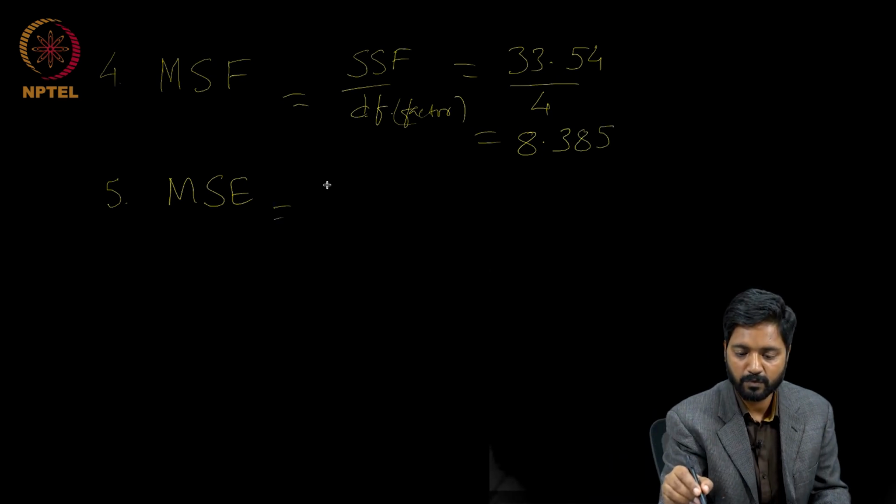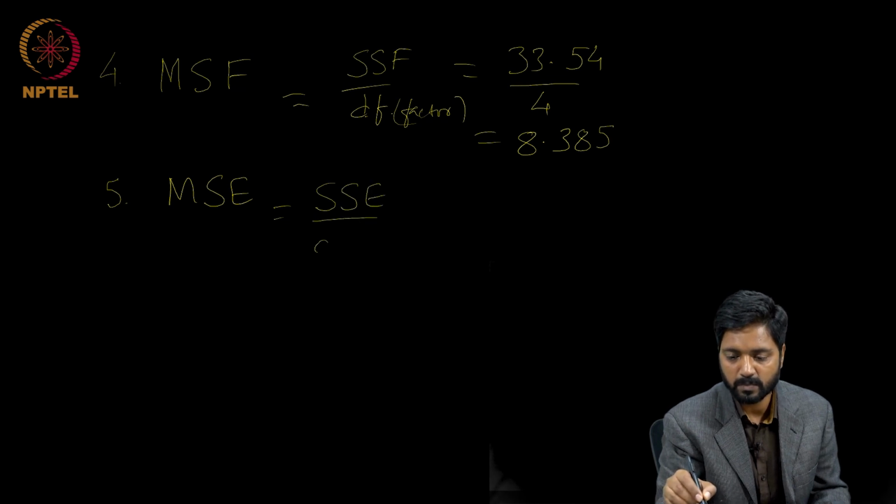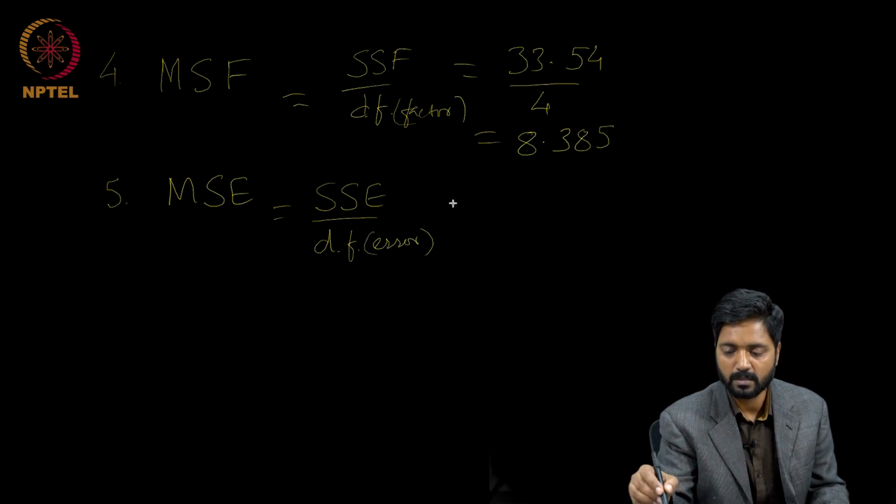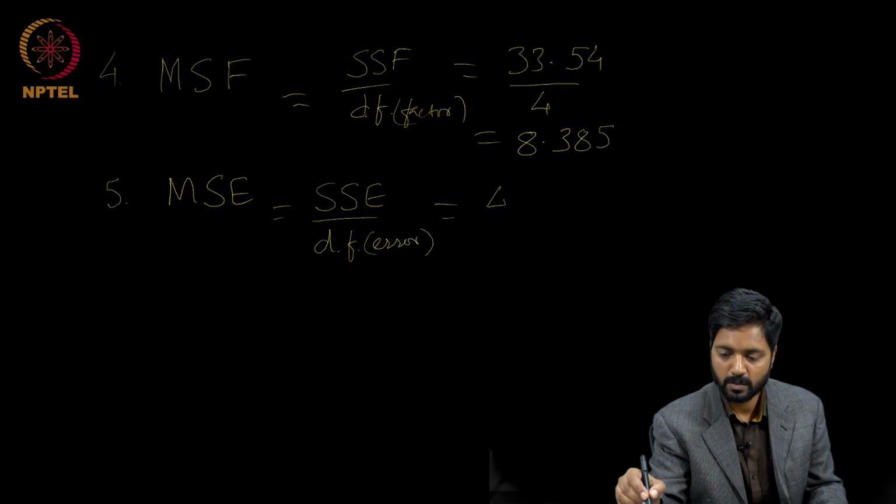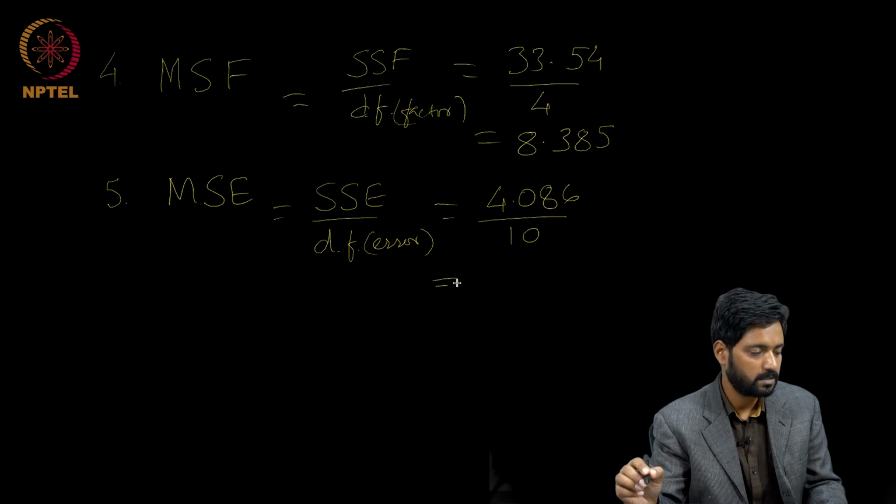Similarly, mean square error is sum of squares due to errors divided by degrees of freedom for the error, which is 4.086 divided by 10, and this turns out to be